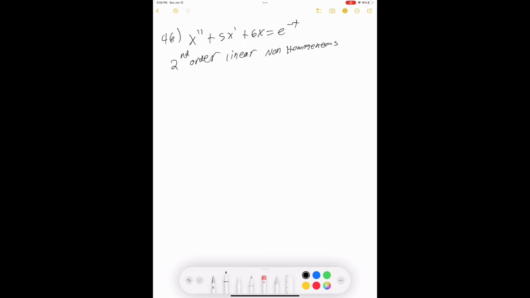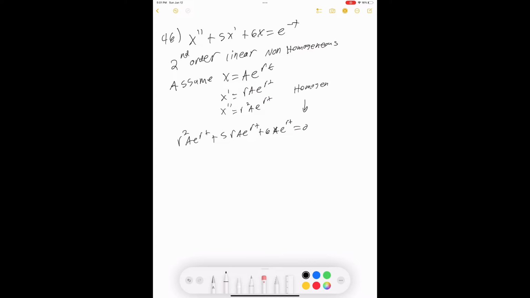Next up, we have a differential equation that is a second order, linear, non-homogeneous differential equation. Second order because we have a double derivative, linear because we have no squared terms, and non-homogeneous because it equals e to the negative t. So first we're going to solve it as if it was homogeneous, right? And then we're going to add that to our non-homogeneous solution. So assume x equals some a e to the rt. That's going to give us r squared times the function plus 5r times the function plus 6 times the function equal to 0, right? Because we're going as if it was homogeneous. So we can cancel out all those a e to the rt's,